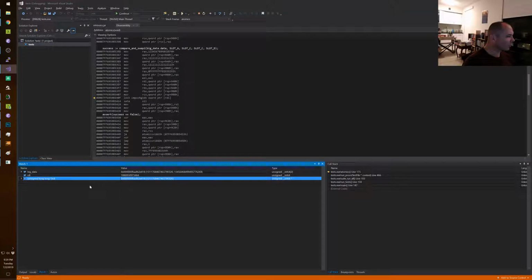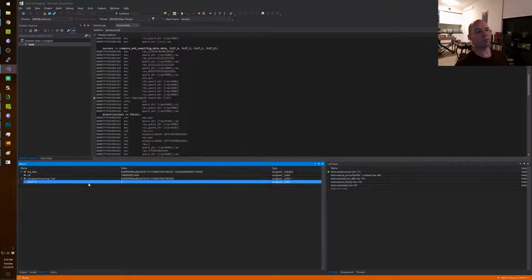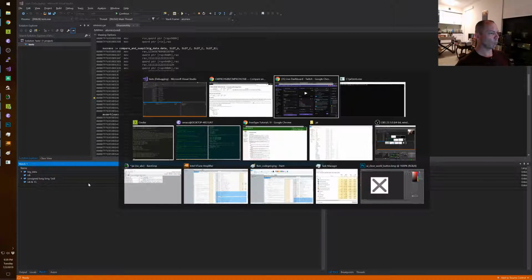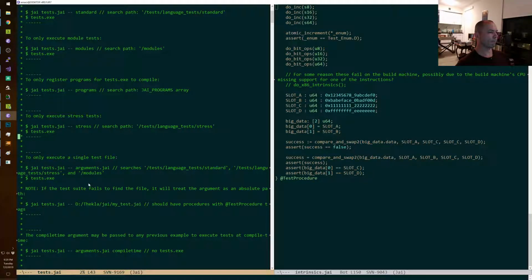This is not 16-byte aligned, bro. How has that not been crashing lately? That's so weird. Okay, well, this is not legal.